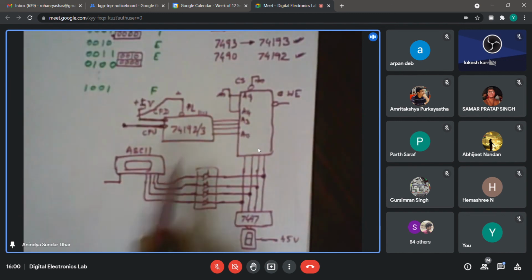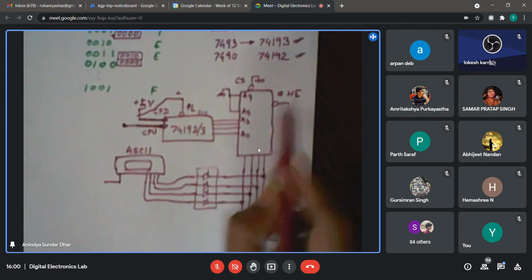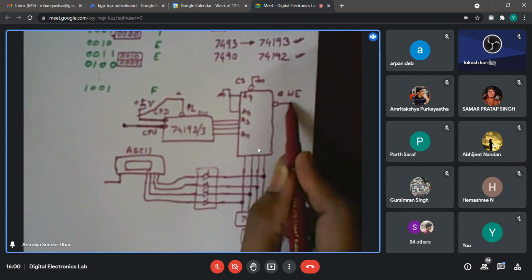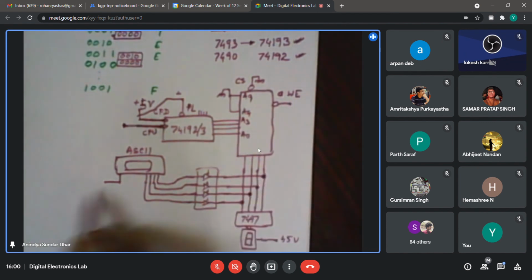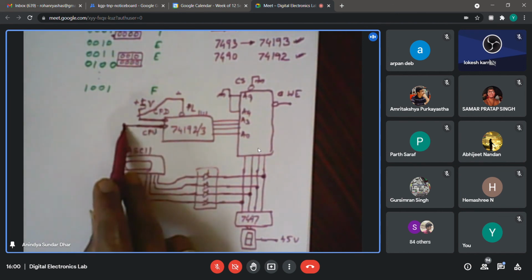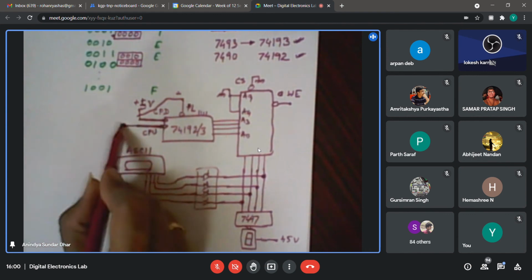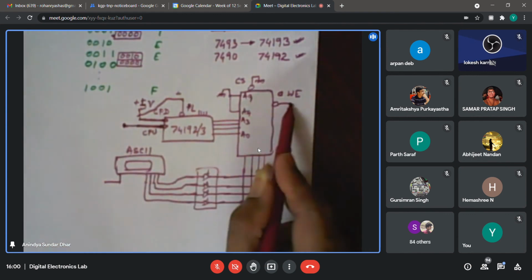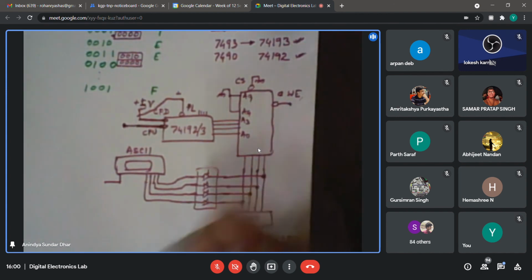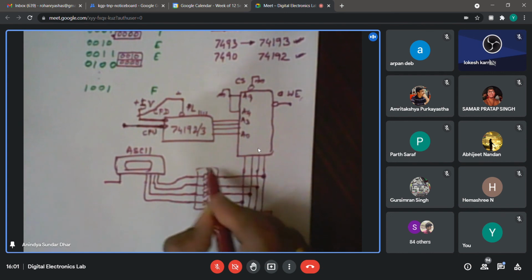So anyway, now you are connecting this. So initially what I would suggest is that manually you put that switch, whatever I asked you to draw. You may not use that ASCII keypad's strobe signal. Manually you get comfortable. So this clock you may also generate manually. You can just switch it on and off, and this write enable also you can turn on and off, and at that time connect this line with the write enable. So they are anyway connected to the write enable.